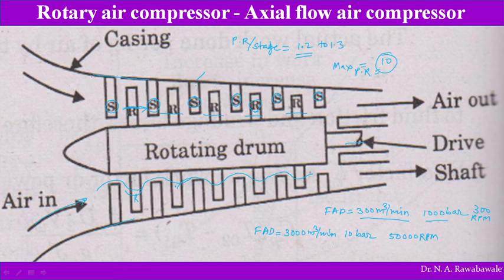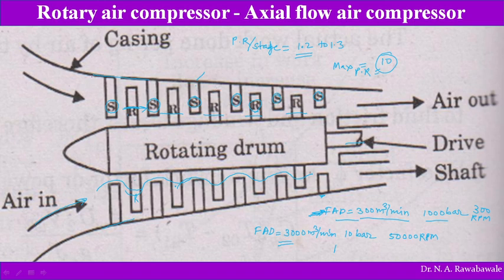Another advantage is that there are no imbalanced parts, so vibrations are less in a rotary air compressor, whereas in a reciprocating air compressor we find vibration, and lubrication is also one of the problems. In a rotary air compressor lubrication is not complicated, and the rise in temperature is very small, whereas in a reciprocating air compressor the temperature rise is greater because of friction and lubrication problems.